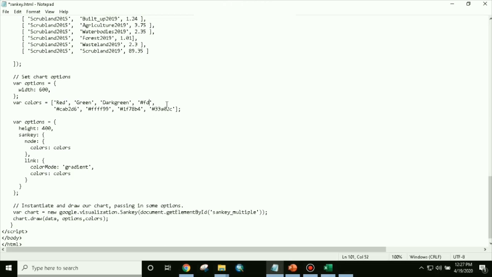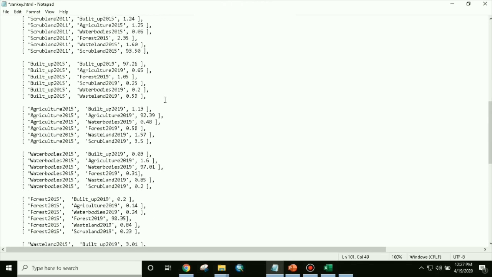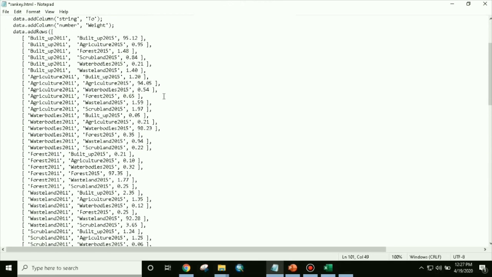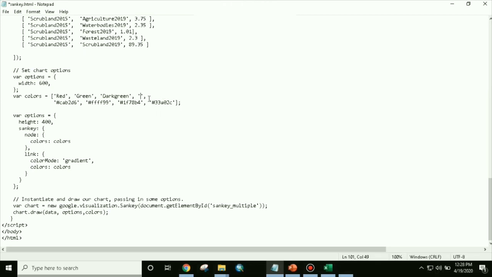Then water body, so whatever the blue color. We'll see using these colors what is coming.